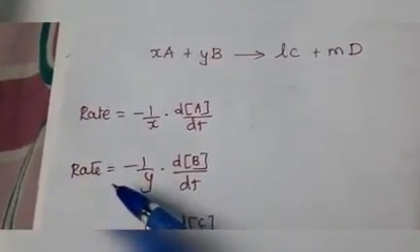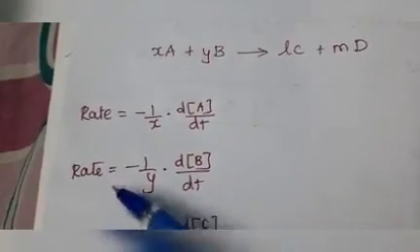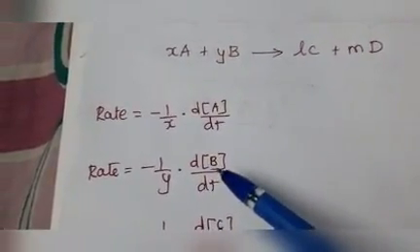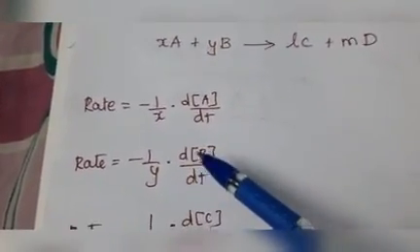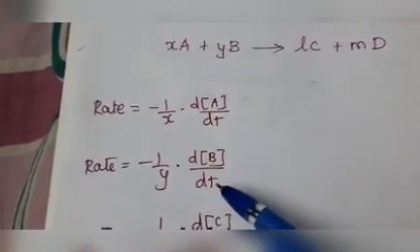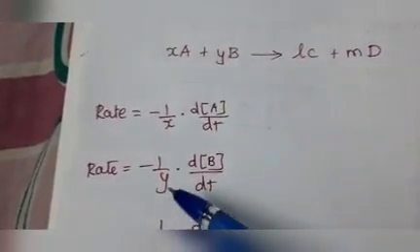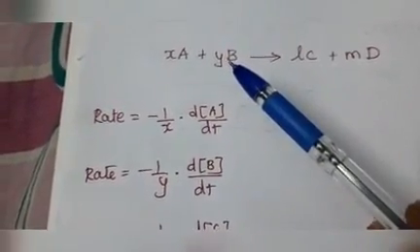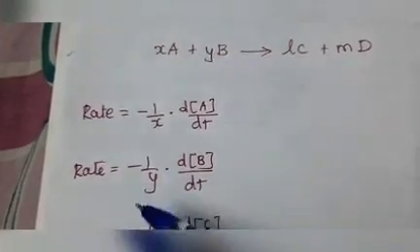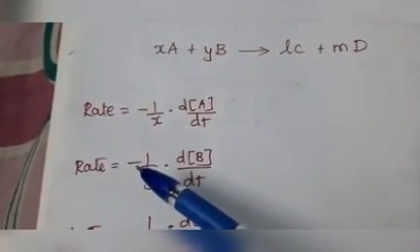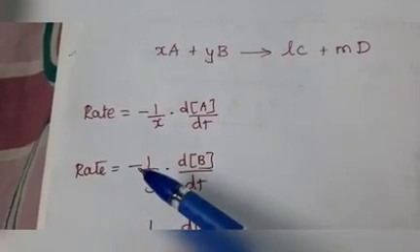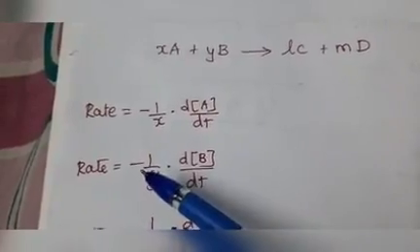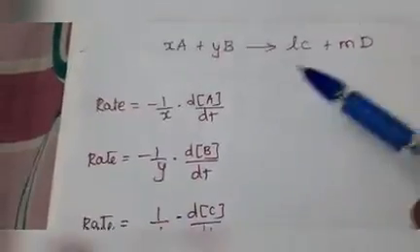Like that, here we write the rate of the reaction in terms of reactant B. The same change in concentration of reactant B, change means difference, differentiation of concentration of B divided by time taken dt. The reciprocal of this number is given, that is 1 by y. If you write the rate in terms of reactant you have to put minus here, because as the reaction proceeds the concentration of B decreases, and the decrease is given by minus.